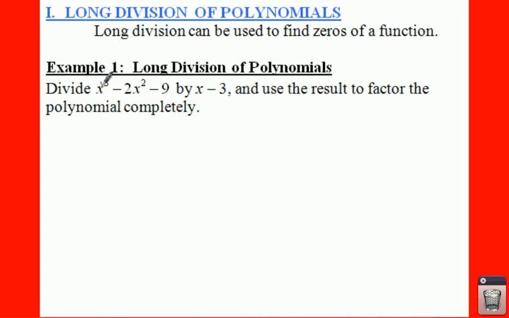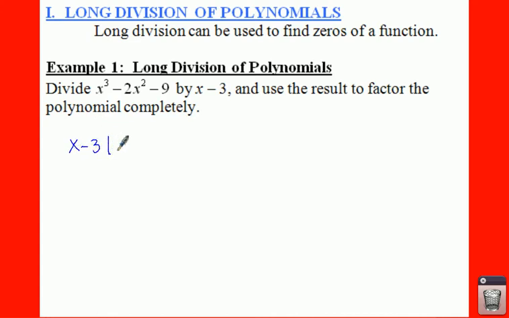So long division is a little bit more tedious than synthetic division, but sometimes you have to use long division when you can't use synthetic. So if we look at our first example here, we're going to take this x to the third minus 2x squared minus 9, and we're going to divide by x minus 3. So if we put this x minus 3 on the outside,